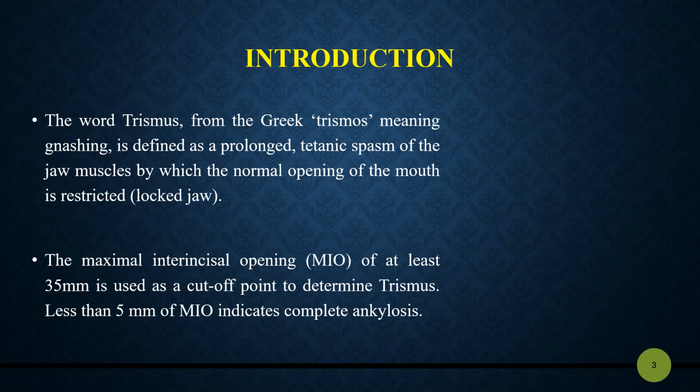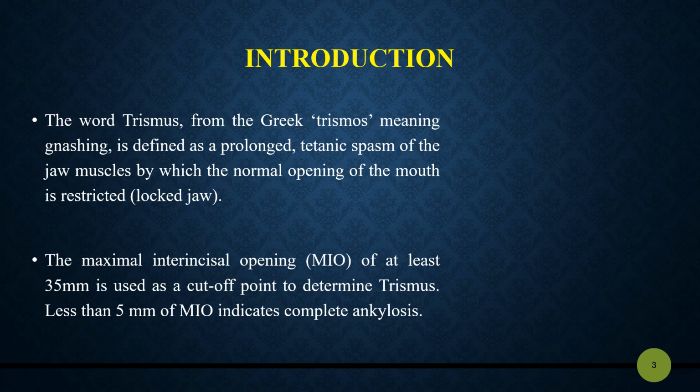Trismus is a condition that restricts the normal mandibular movement and function as a result of masticatory muscle spasm. The word trismus is derived from the Greek word trismos, meaning gnashing, and is defined as a prolonged tetanic spasm of the jaw muscles by which the normal opening of the mouth is restricted. More recently, the term trismus has been used to describe any restriction to mouth opening, including restrictions caused by trauma,